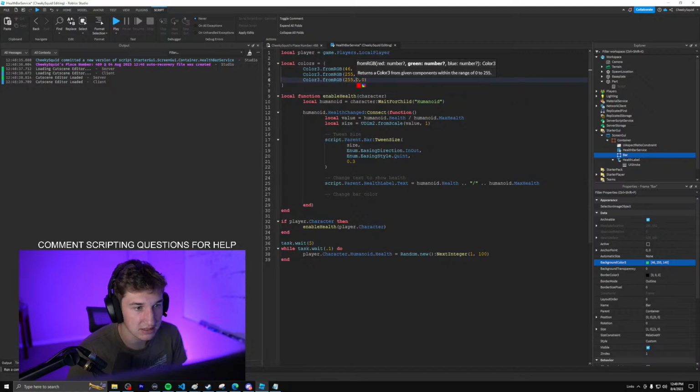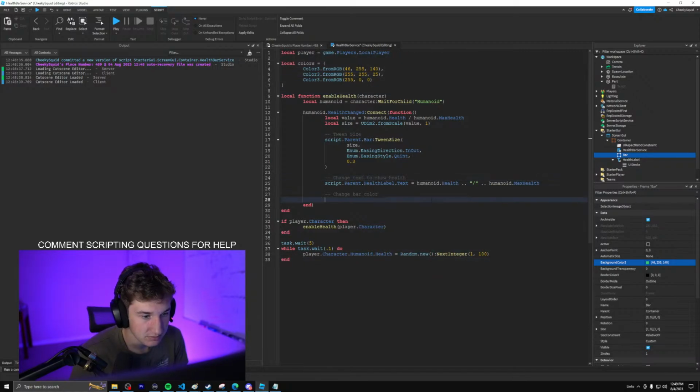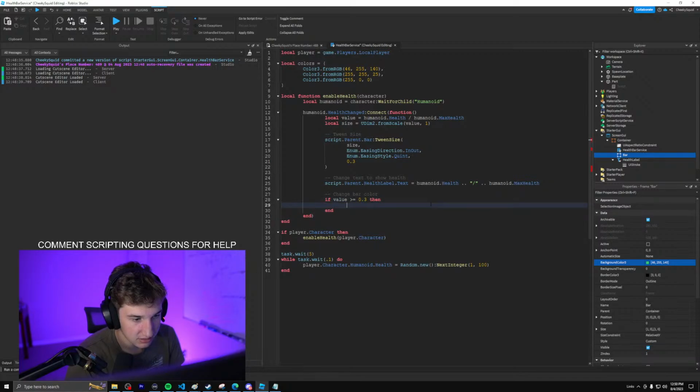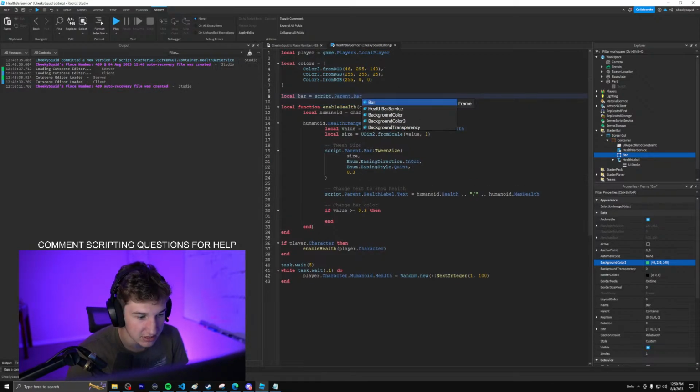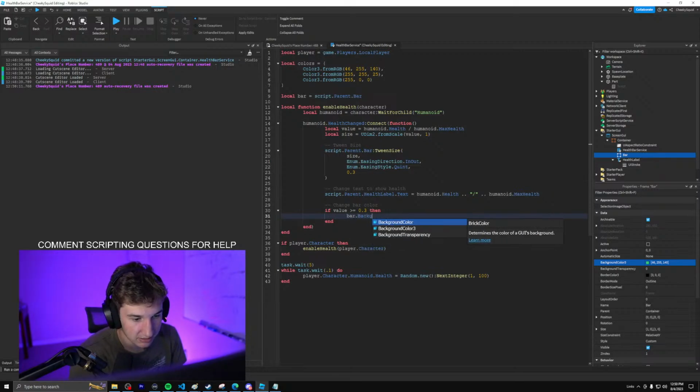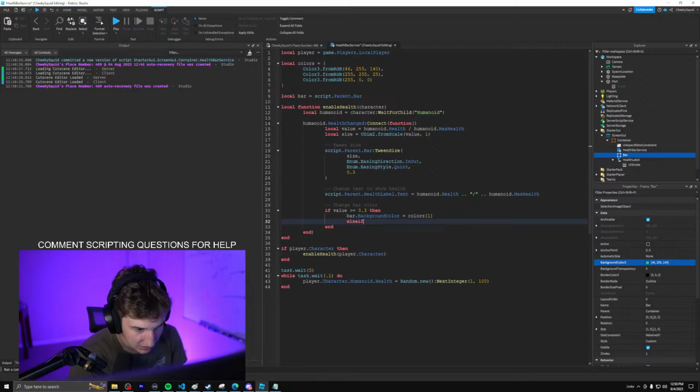Okay, so with that in mind, we're going to say, if value is greater than or equal to 0.3, then I'm going to organize this code for the actual store. We'll say look.script.parent.bar. And we'll say bar.background color equals colors 1. Else